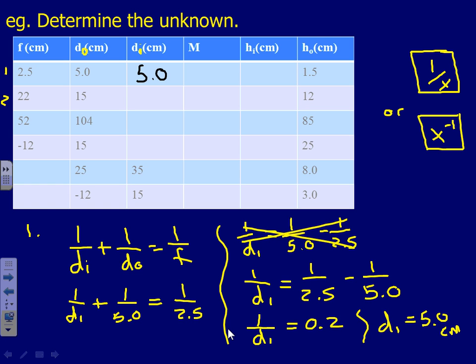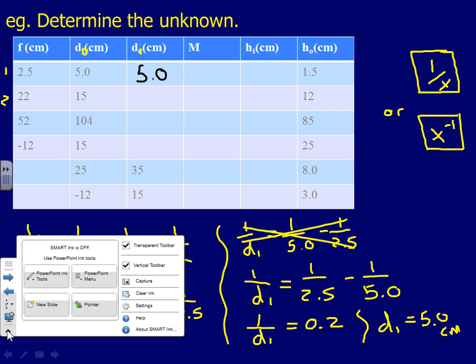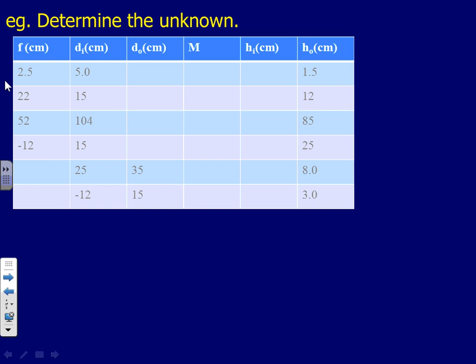This was practice. Now we're going to be able to do it really quickly. Now M. I've got to clear my screen for a minute, so just be patient. M is equal to,